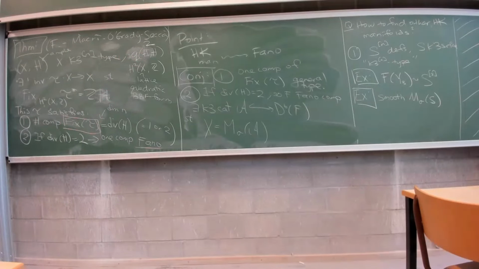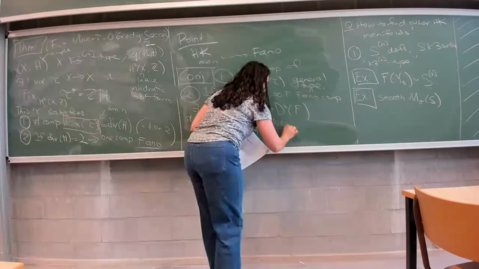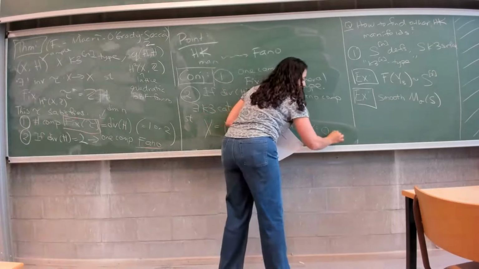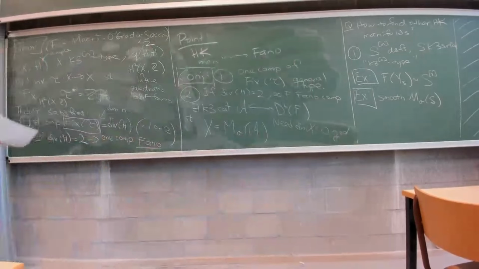Yeah, that's a restriction. It actually gives us a restriction on the dimension of x. So maybe I should say that: in order to be in this situation, I need the dimension of x to be congruent to 0 mod 8. Okay, but again, we can,